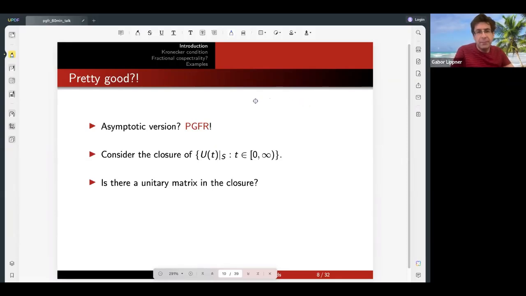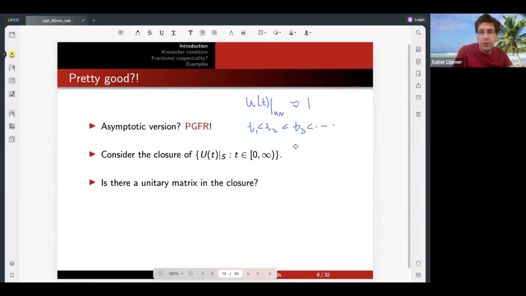So the first such concept was pretty good state transfer, where I didn't want U of t at UV to be 1, but something like approximately 1. And to make this precise, I want a sequence of times